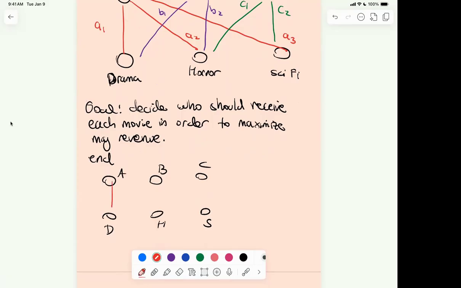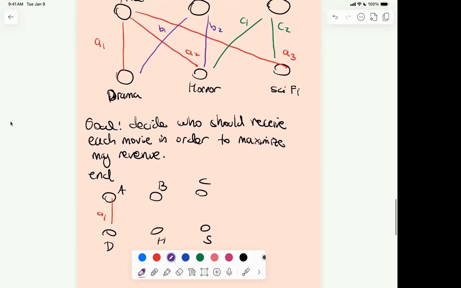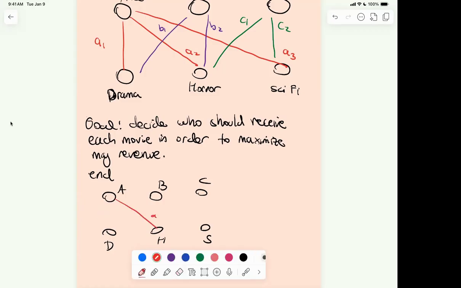Alice got the drama where she paid A1, and Bob would have received the horror. Well, let's do one that's kind of mixed, so that maybe Alice got the horror one, where she was paying A2, and then Bob got the drama one where he was paying B1, and then Charles would end up with the sci-fi one. I just wanted to draw a graph where you would see the edges cross,